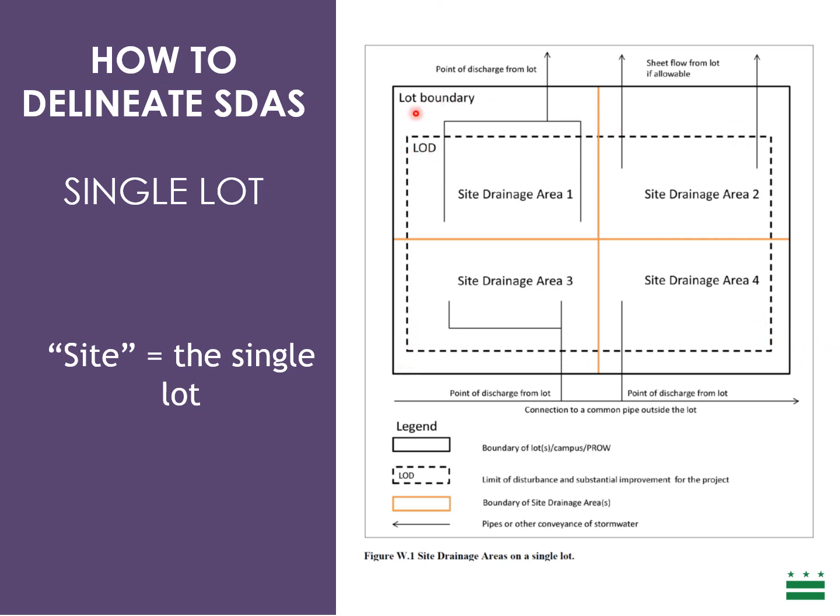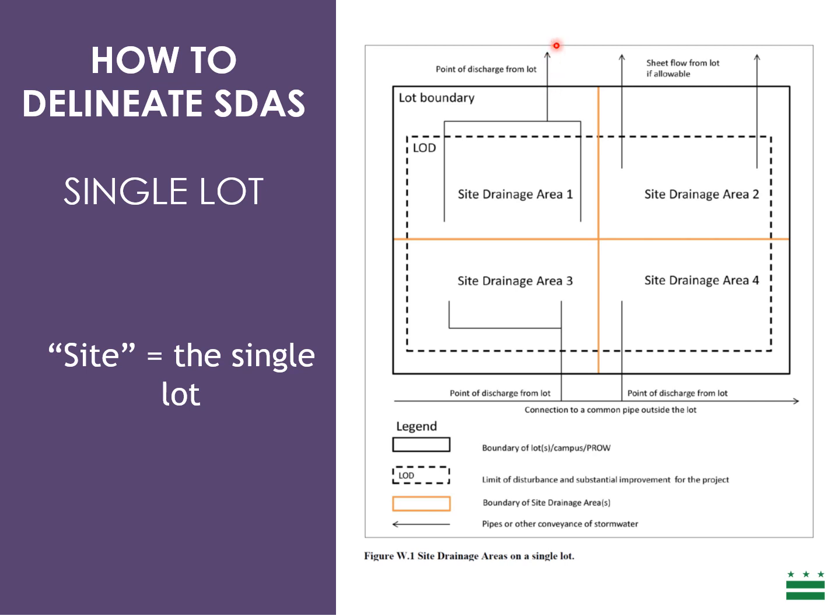Everything within the LOD is part of a site. This site happens to have 4 site drainage areas, so let's look at site drainage area 1. There are 2 pipes coming out of the site, crossing over the LOD line, but then coming together and becoming one single pipe. Then this single pipe crosses over the lot boundary